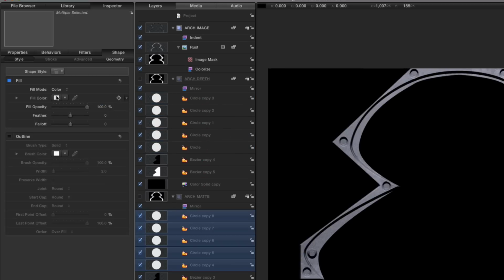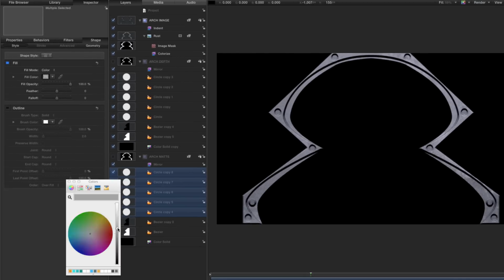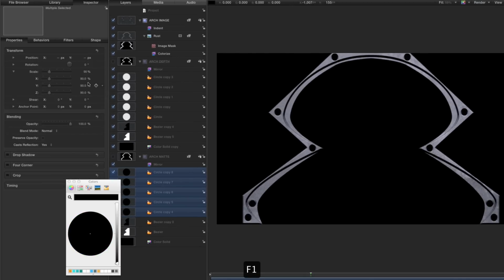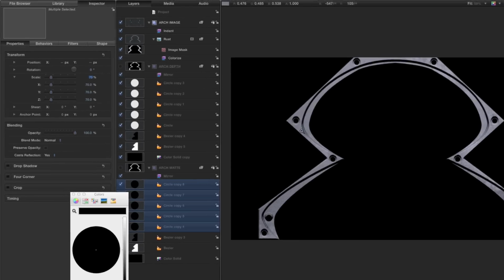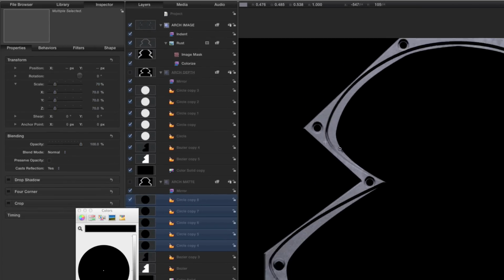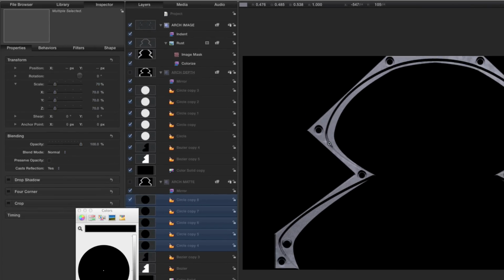And then I want to click on their fill colour and make that black. F1 for the properties, and let's just reduce that scale down to about 70. And now I think you can see we've got some really cool looking geometry that was worth taking that effort